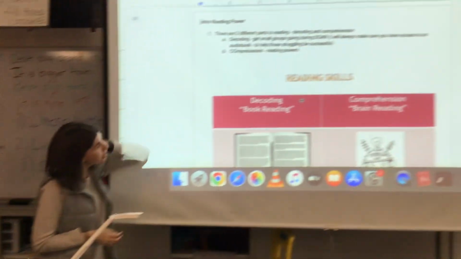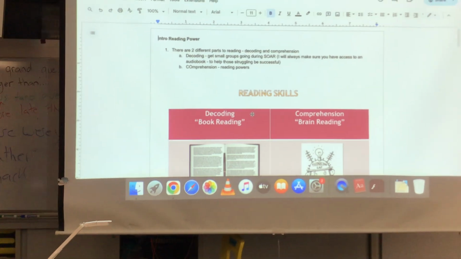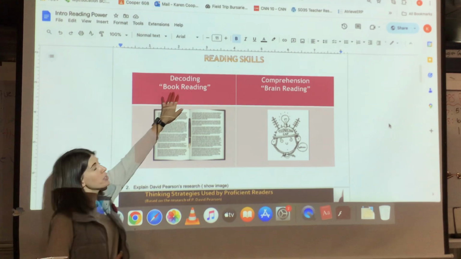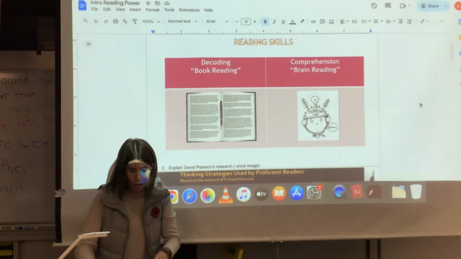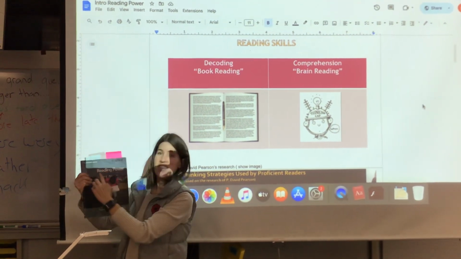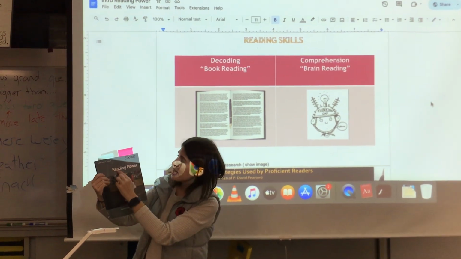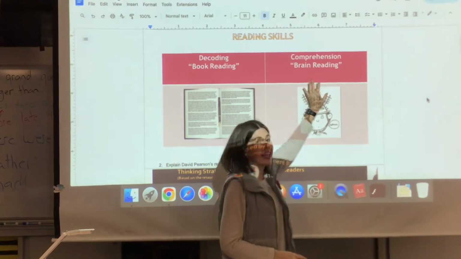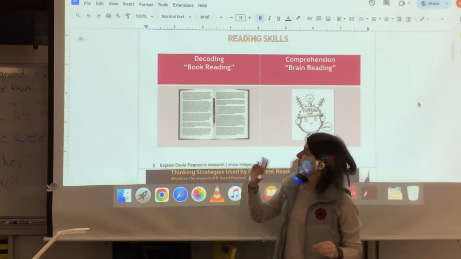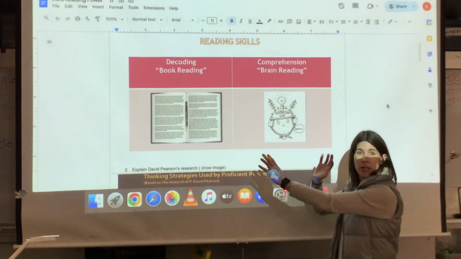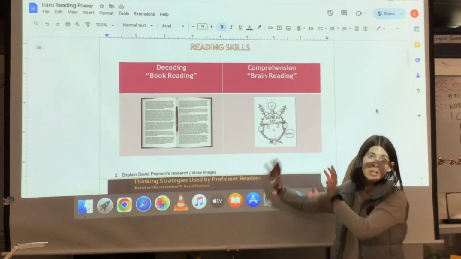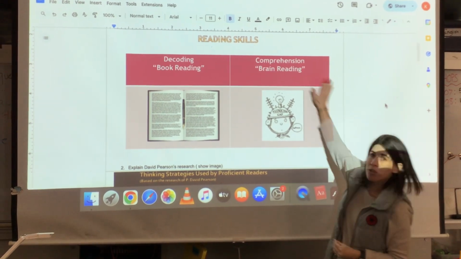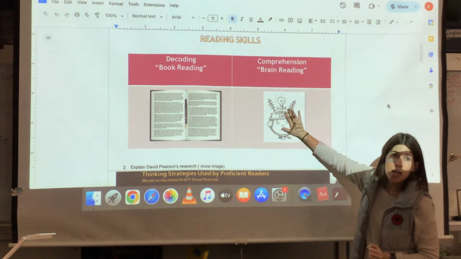So introducing, first I have my students understand that when we read, we're actually doing two different things. There's a difference between decoding. Can we look at the words on the page and sound it out? Like, do we know that says reading power, decoding? And then can we understand? Because what I found is that a lot of kids can do one and not necessarily the other. So we want them to recognize both parts are important for reading, but with reading powers, we're focusing on the